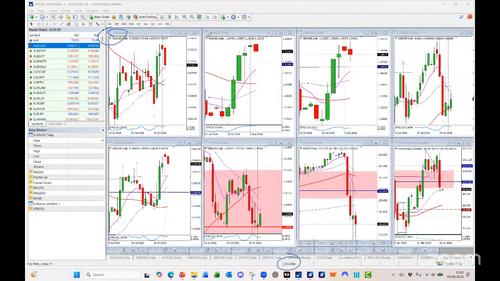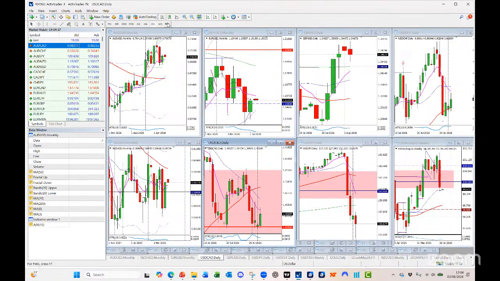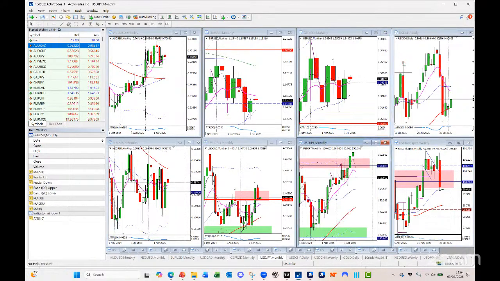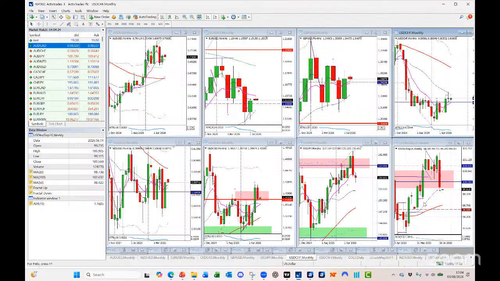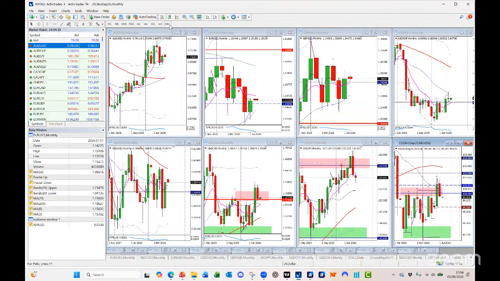So let's have Aussie on the daily, Euro on the daily, pound on the daily, dollar Swiss, Kiwi dollar, dollar CAD, dollar yen, dollar index. And actually, just because I was doing my monthly charts at the weekend, looking for my monthly move setups, what became apparent to me is that when it came to the dollar, and of course everybody's attention is on the yen, not unrealistically,